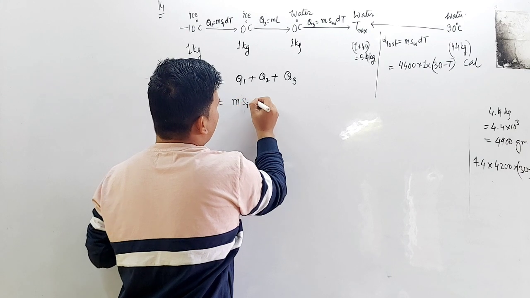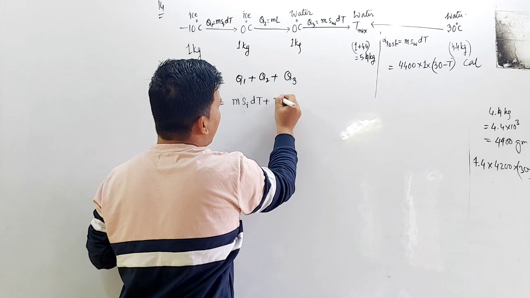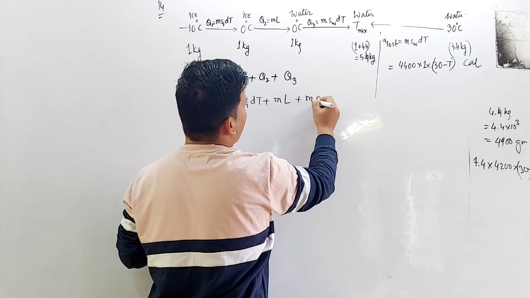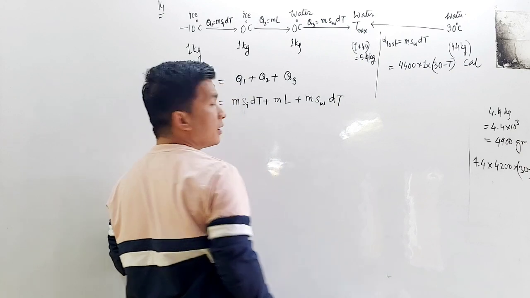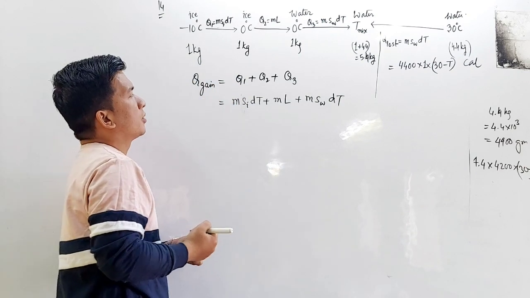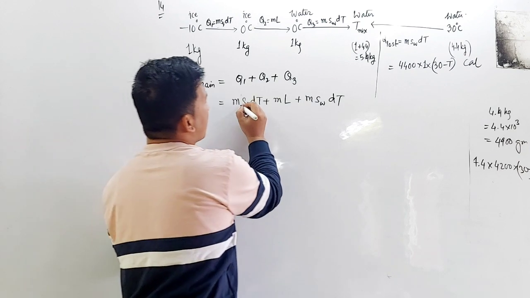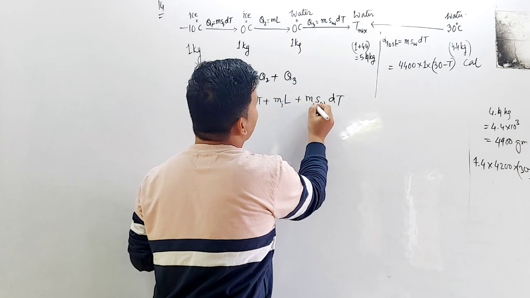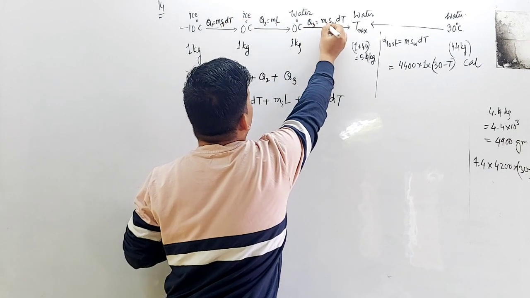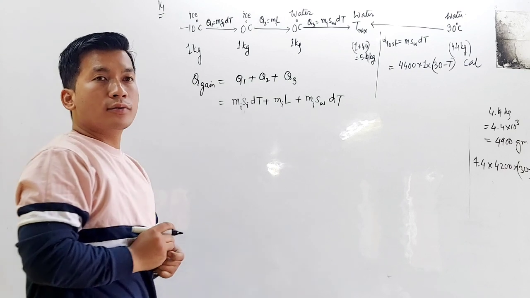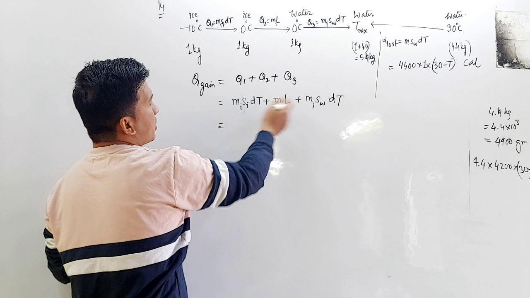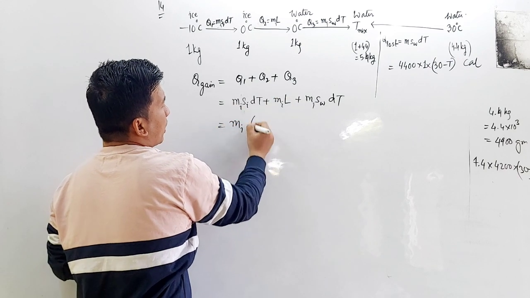Specific heat of ice into dt, plus m L, plus m s w dt. This is for your ice. Heat gain, the ice mass, this is ice to water, mass of ice to water, understood? Very simple. 1 kg to kilo and we will be having